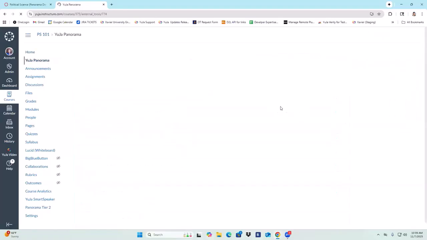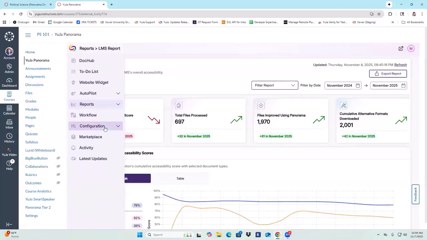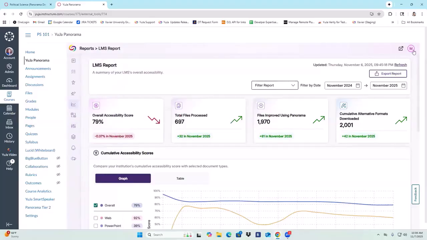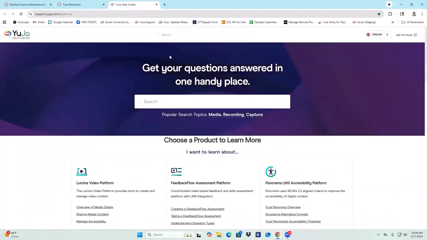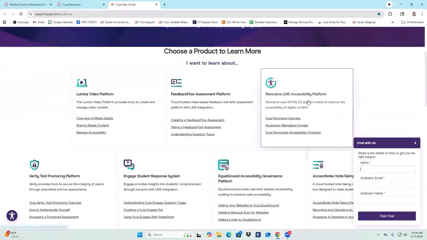And I think other than that, from the console, just the general settings for the institution, over here on the upper right-hand side, if you click into your account icon, you will see a support tab. This tab will take you to our support page where we have guides on how to help you use Panorama. You will see a section here called Panorama Accessibility Platform.